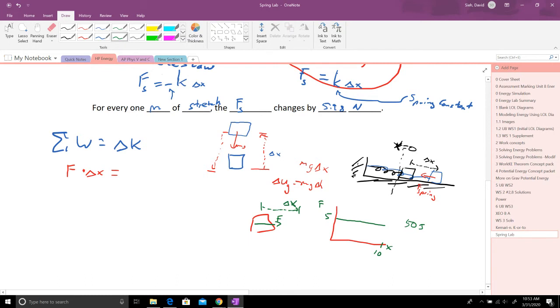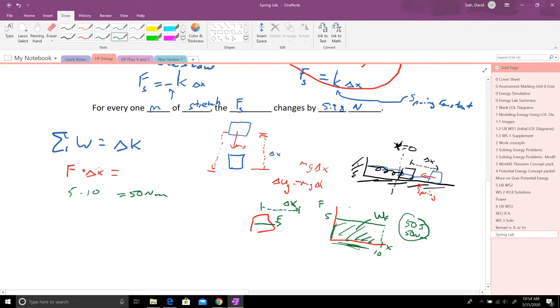Wait, what's that 50 joules or that 50 newton meters of work? What is that on this graph? Well, 50, we got that by doing force times distance, 5 times 10. You say that's how we got that 50 newton meters. You say, but what's 50 on this? You say, oh, wait a minute, if I did 5 times 10, aren't I just calculating the area under the force position graph? You say, yeah, that's the work done by that force is the area on the force position